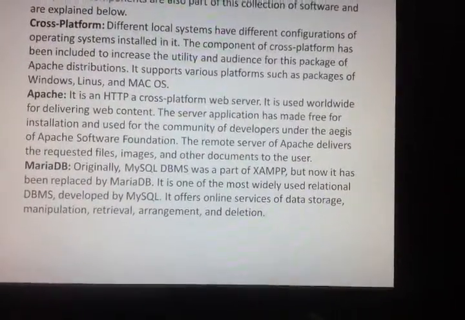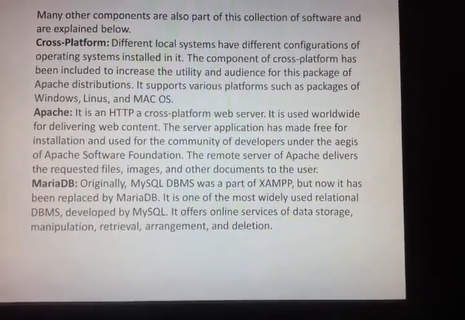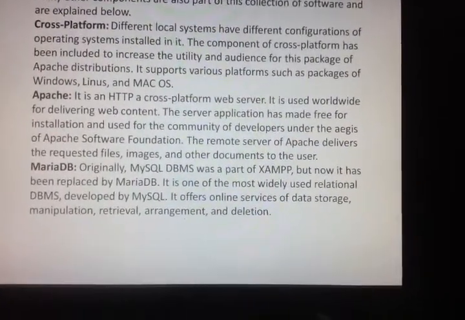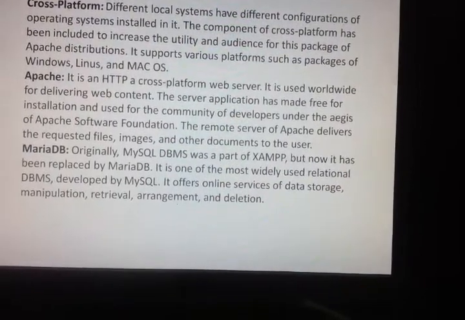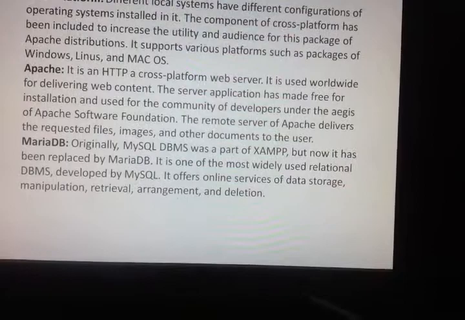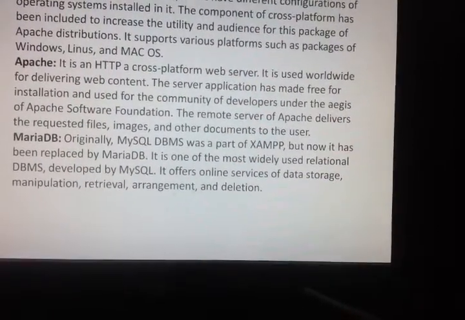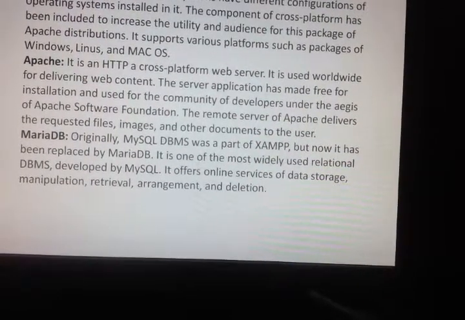The next component is Apache. It is an HTTP, hypertext transfer protocol, cross-platform web server. It is used worldwide for delivering web content.